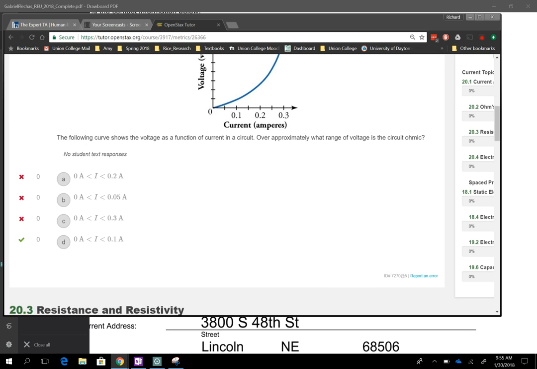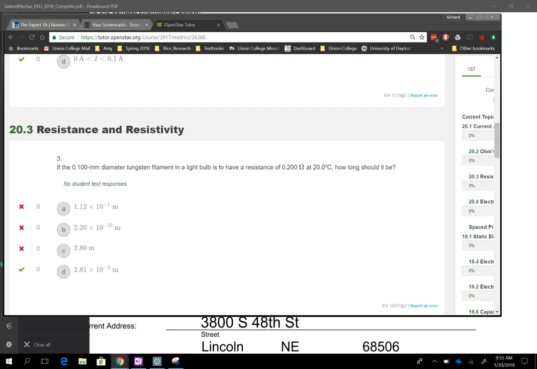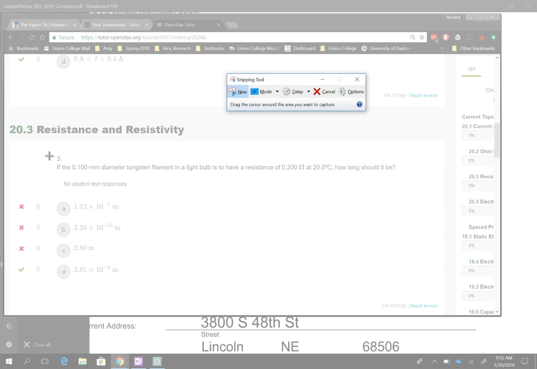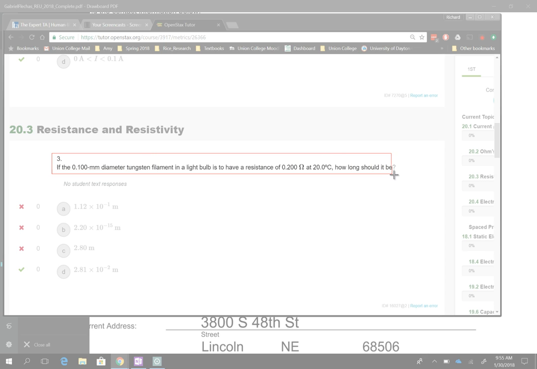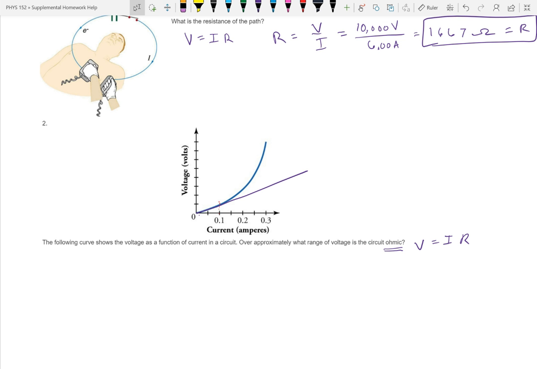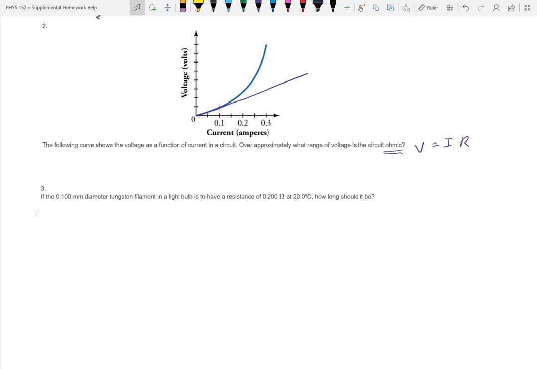If the 0.1 millimeter diameter tungsten filament in a light bulb is to have a resistance of 0.2 ohms at 20 degrees Celsius, how long should it be? Okay. Any idea how we're doing this? That's right. We're going to have